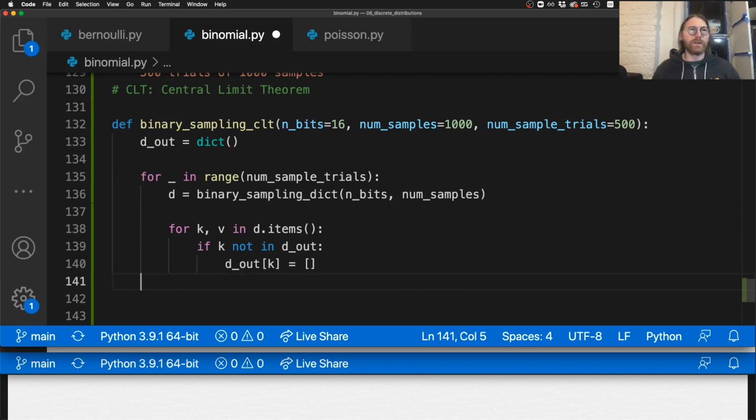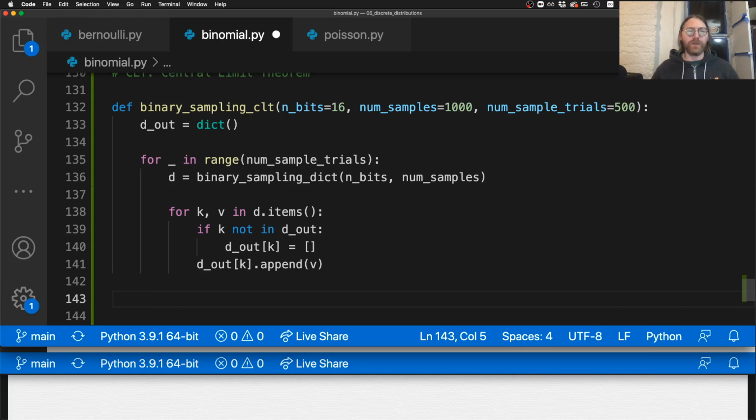And we can go d out sub k dot append. So I'm not incrementing this time. I'm going to append the values, and then I'm going to average them at the end. So I will append the value,